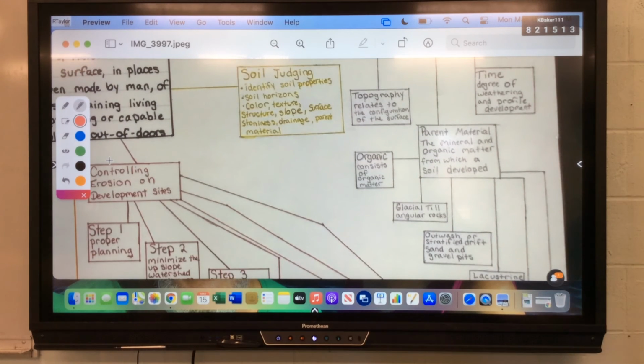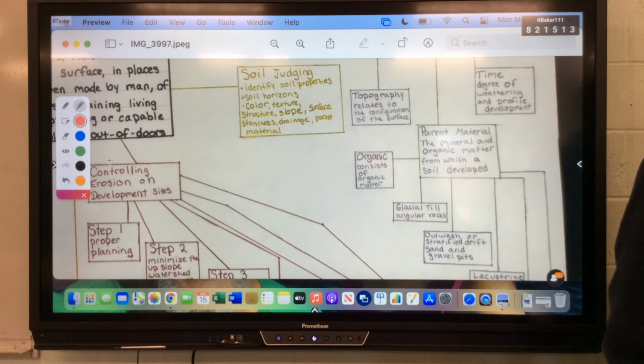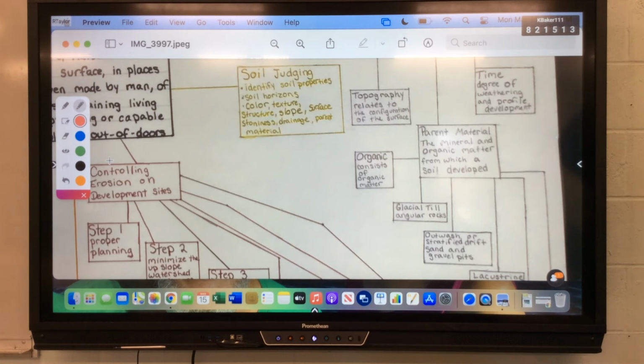The next thing is what we call topography. It's the configuration of the surface. So topography is, are you on the top of a hill or at the bottom of a hill? Wouldn't that make a difference in terms of the soil? A good example is, doesn't soil tend to erode downhill? Stuff flows downhill. So where would you suppose it's easier to grow crops, at the bottom of a hill or at the top? At the bottom. Because aren't the soil and nutrients going to tend to go downhill,